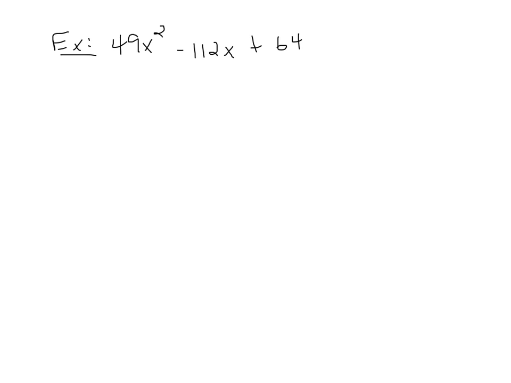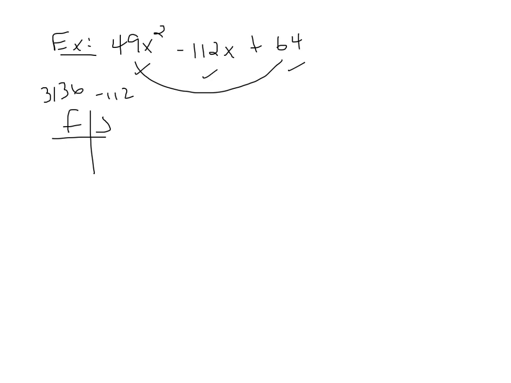So here's an example where if we tried to do a factor sum chart, well, first we check to make sure the problem is in the right order, and it is, and we could check for a GCF, and there isn't one. And so if we went to a factor sum chart, we would need to find two numbers that multiply to 3,136 and add up to negative 112. So as you can see, the numbers are massive here. So knowing the rules for a perfect square trinomial might save you some time, and here's a case where they